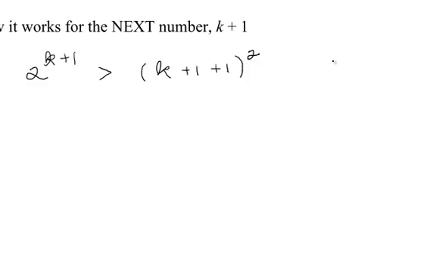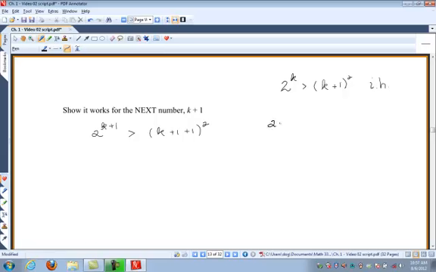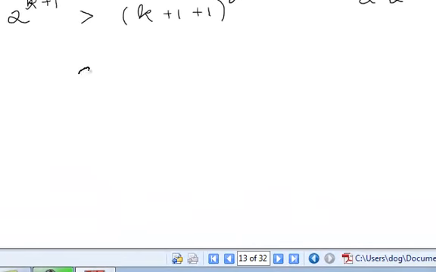Now let me show you a little something. 2 to the k plus 1, that's going to be 2 times 2 to the k, same base and multiply so add the exponents, is greater than k plus 2 squared. That's what I'm trying to show. So let's go back to our induction hypothesis. 2 to the k is greater than